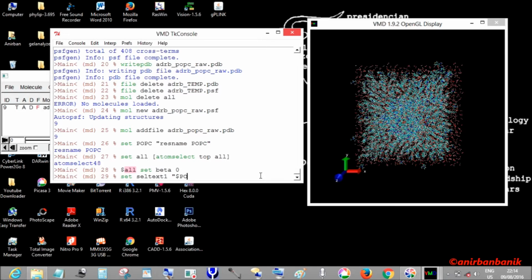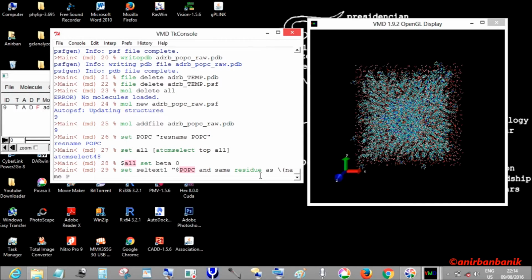The command will be $popc and same residue as, and after "as" there will be a space and slash, and it will be within bracket name capital P1, in between space and then "and",